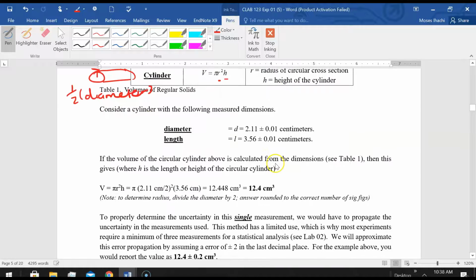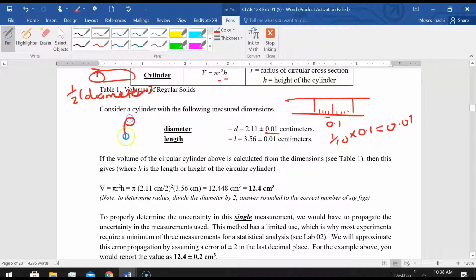So remember what we said, the uncertainty for the ruler, because you have each calibration as 0.1. If you do a tenth of 0.1, you're going to get 0.01. So the uncertainty of the ruler is plus or minus 0.01. So here we're assuming the diameter is 2.11,